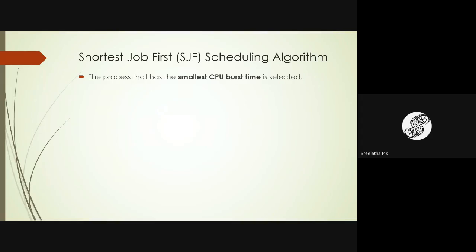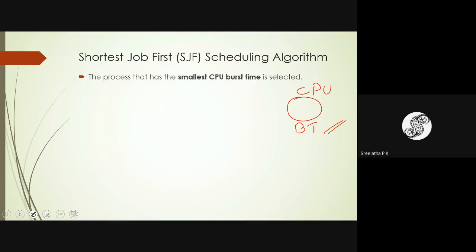Okay, so students, this is SJF, shortest job first. It means the process which needs the smallest CPU time. All of you know that the execution is taking place in the CPU, and the process which needs the smallest CPU time is selected for execution. That means the process which has the smallest burst time will be selected first, because the smallest jobs complete faster, and hence it is taken for execution.